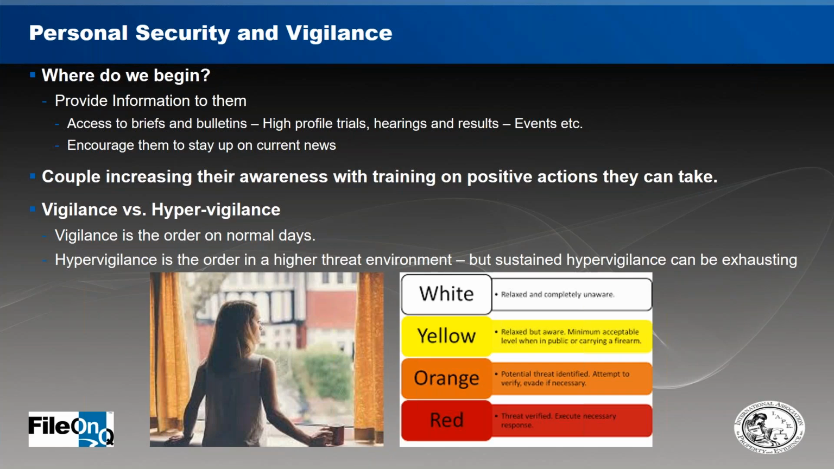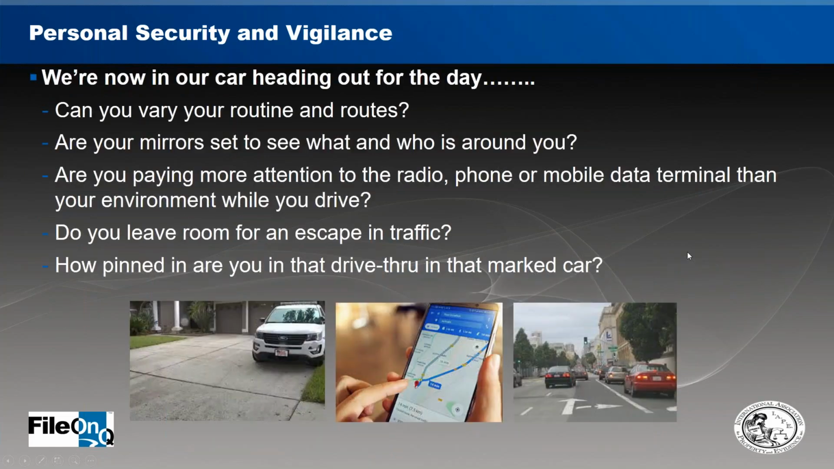But this is what we call Cooper's color code: the white, yellow, orange, and red. And white being you're relaxed, completely unaware. Usually you're in an insulated environment when you're like that. And yellow, it's a little bit more. You may even be in public while carrying a firearm or whatever. You're kind of in yellow. You ever notice most of the cops were sitting with our backs to the door because we know people are looking at us. And then orange, potential threat is identified and you're thinking about what to do about it. And red, it's verified and you're executing a necessary response. So that's something that we've been trained on, and not all